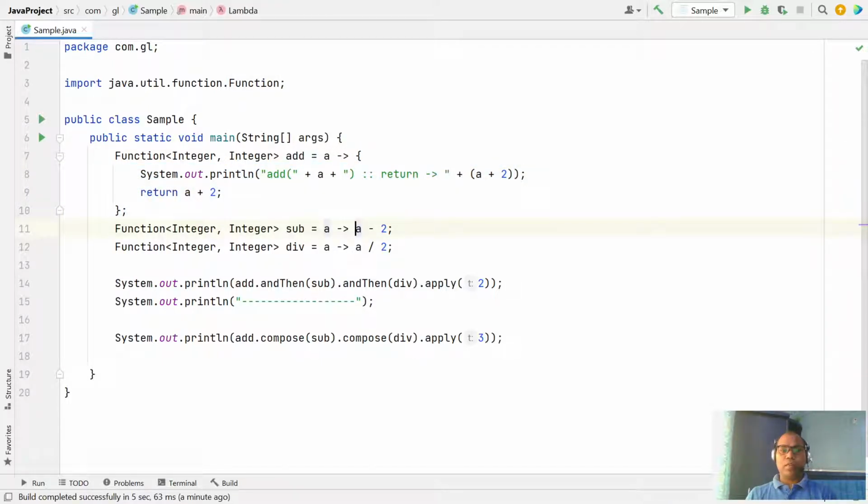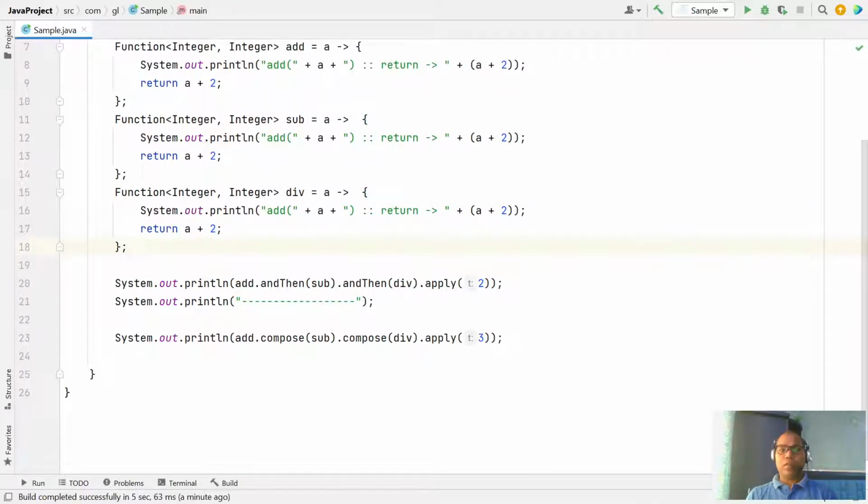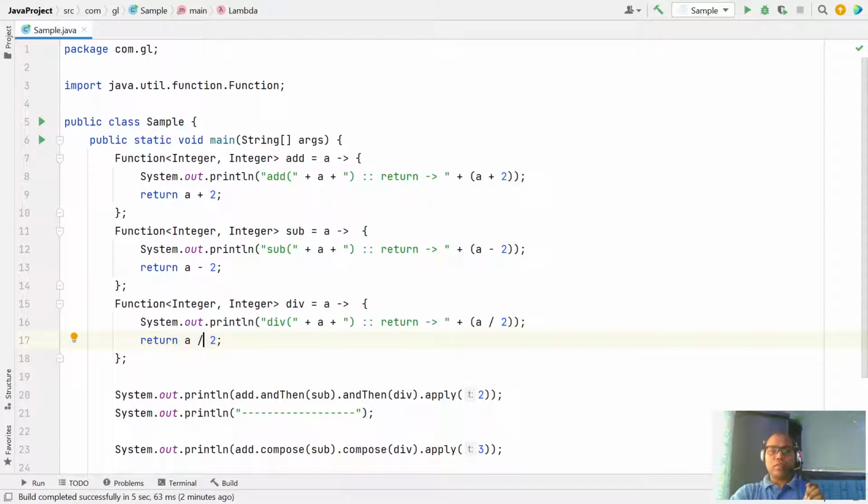This is another, and this is another. Here they are doing a minus, here is subtraction, and similarly this is the division, returning the division. I am not making any change, just printing with System.out so that we know which order they are executing.